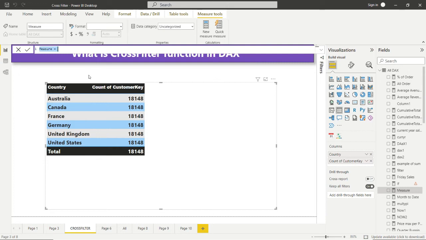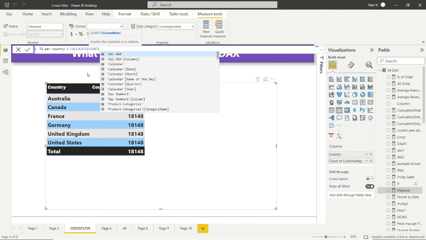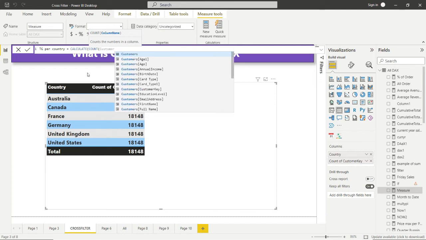Write the measure TG per country equal to CALCULATE, COUNT of customers.